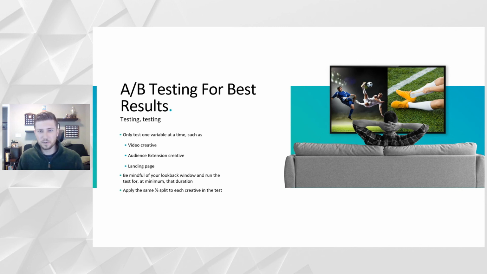And then in terms of creative testing within the Mountain platform, it's incredibly easy, the easiest out of any platform I've ever used. All that you need to do is set the percent split that you want that individual creative to serve against the audience, and you're done. So if you have two creatives, you want to run a true A/B test. You enter 50% into one creative, 50% into the other. They'll both serve evenly. You can identify the results very easily within the platform.